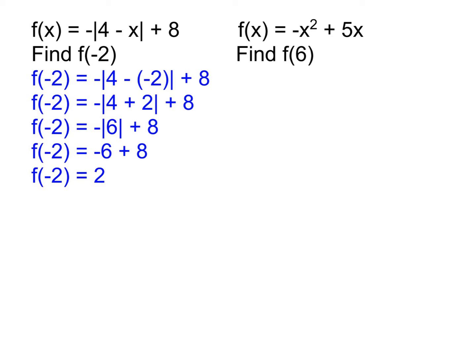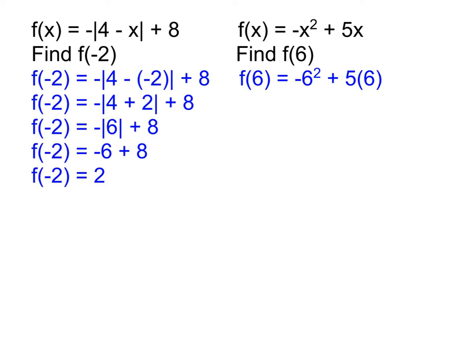Now for the second one, we're finding f of 6. So again, first step, I want to plug the 6 in for x wherever it appears. Notice in this case, that means it, of course, goes in the notation right here, but it also goes in for both of the x's that are in our equation on the right side. Now a little note here. Notice we have negative 6 squared. When we have that negative 6 squared,